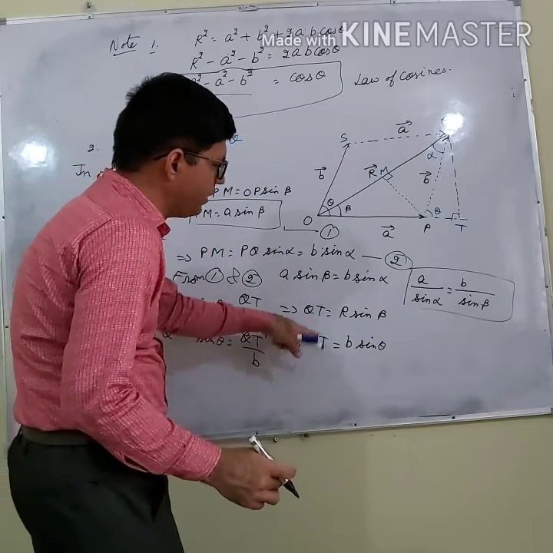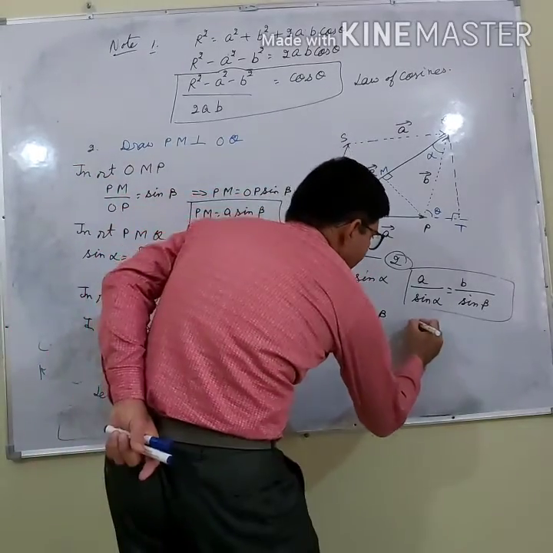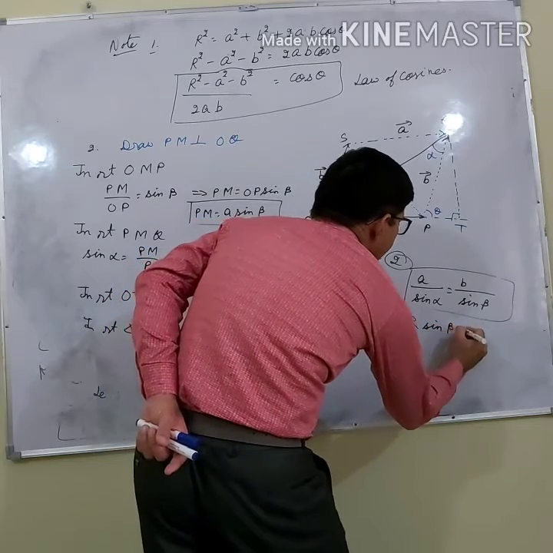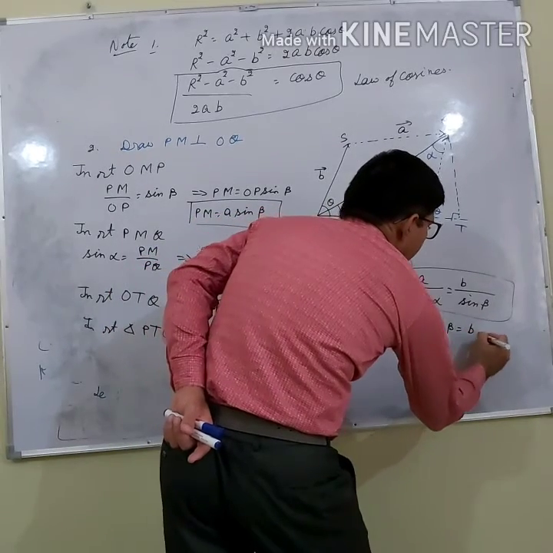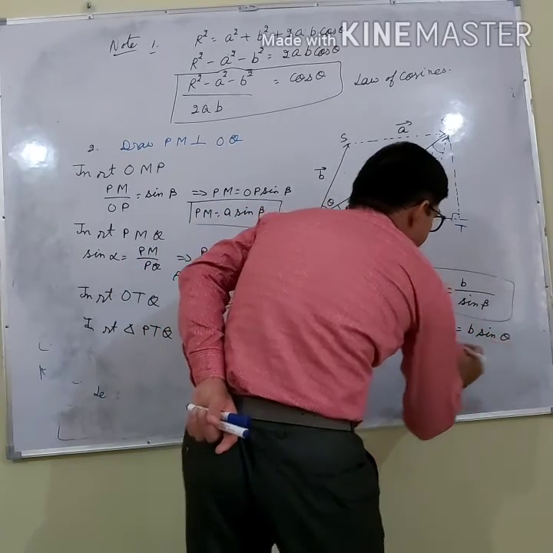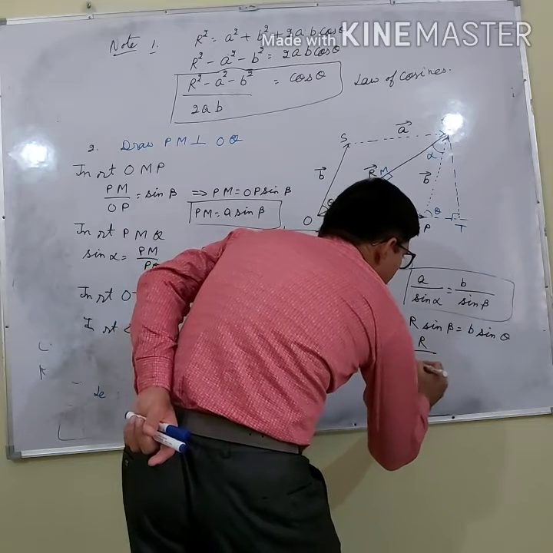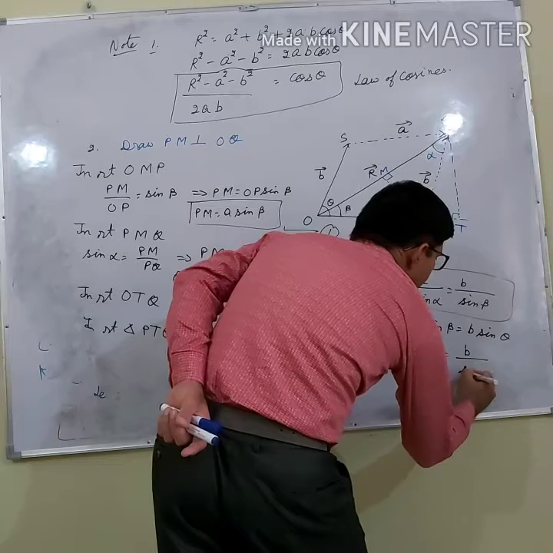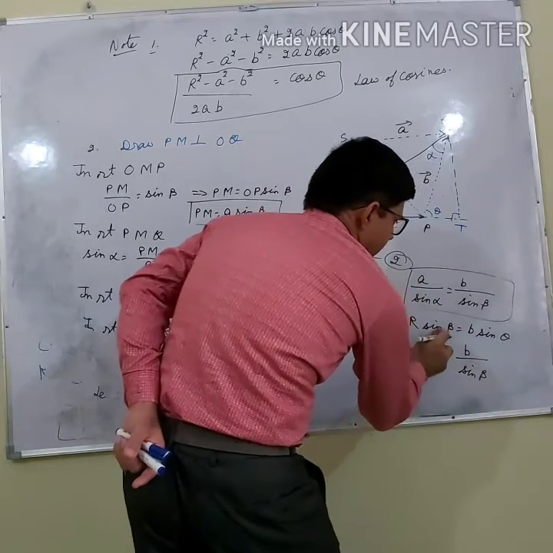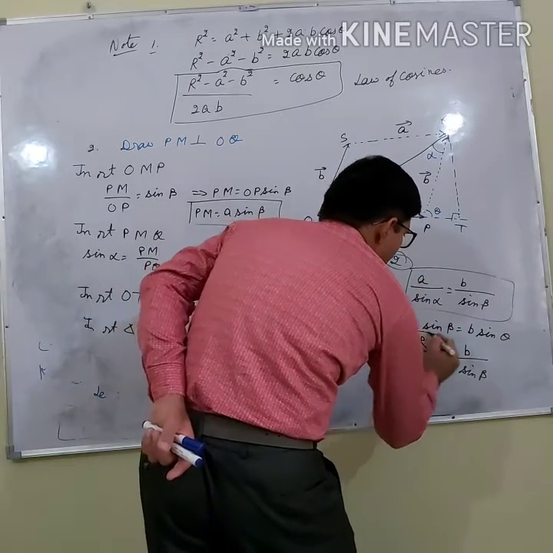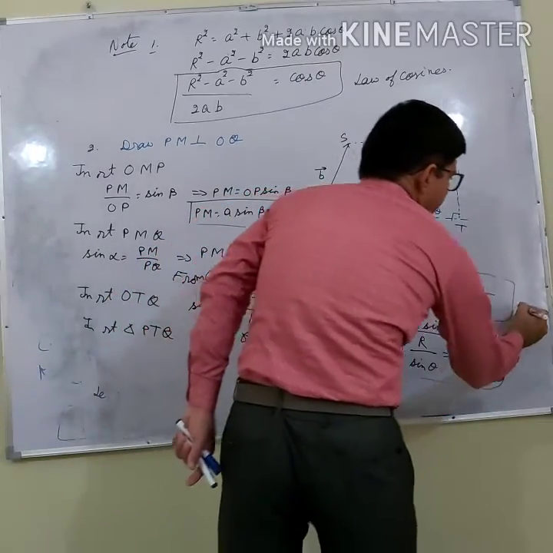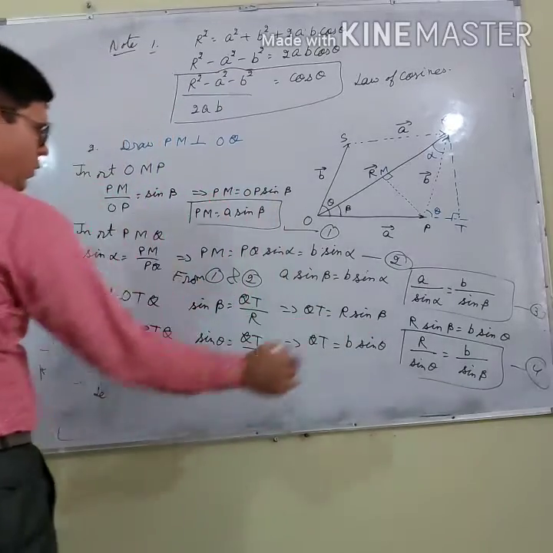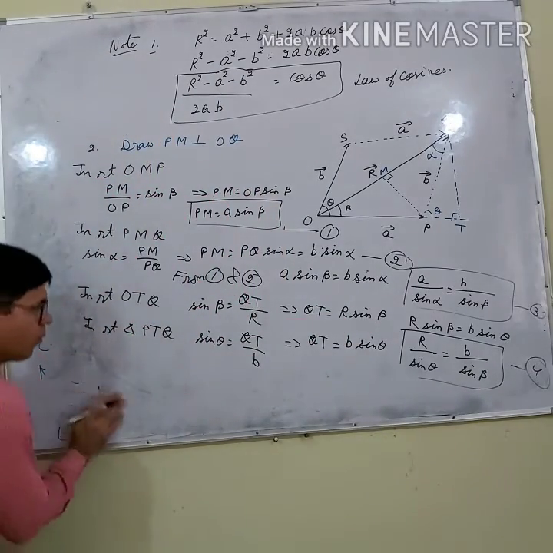If both are equal to QT, then R sine beta equals B sine theta. So I can write R upon sine theta equals B upon sine beta. Let us say this is 3 and this is 4. So from 3 and 4, I can write: